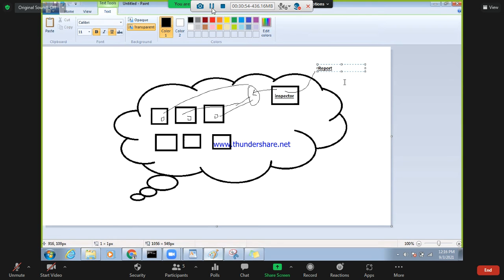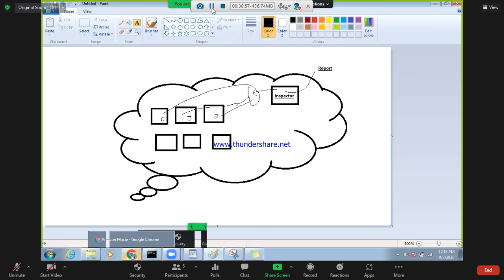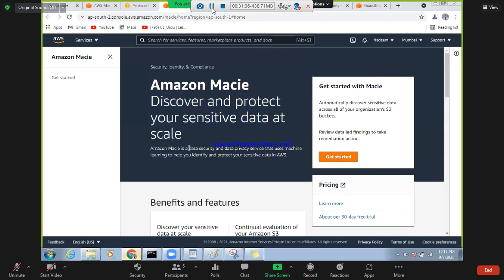Okay, so now the next is Macie. What is Macie? Amazon Macie: discover and protect your sensitive data at scale. Amazon Macie is a data security